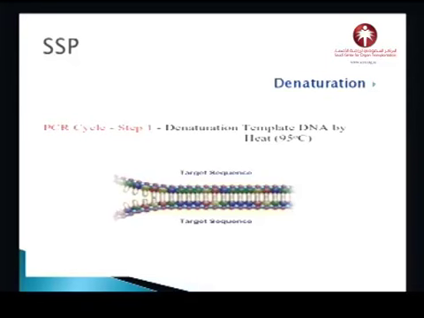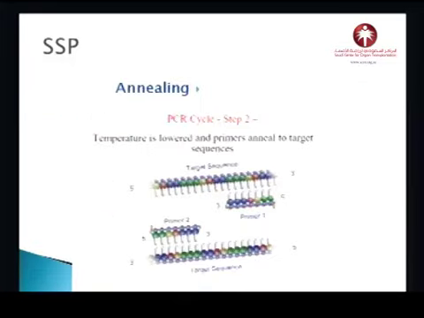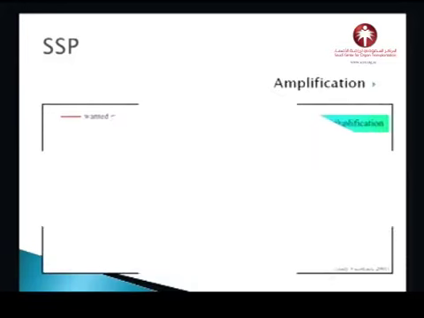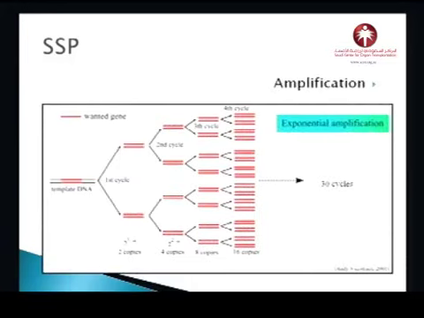DNA. This DNA is subjected to very high heat in a thermocycler to denature this DNA and produce, instead of double-strand DNA, two single-strand DNA, followed by the annealing part where the DNA will be mixed with a primer, the target primer. So if we are detecting, let's say, A2, this primer will be for A2 and it will anneal or stick to the denatured DNA, and followed by amplification, where using building blocks, nucleotides, we will start